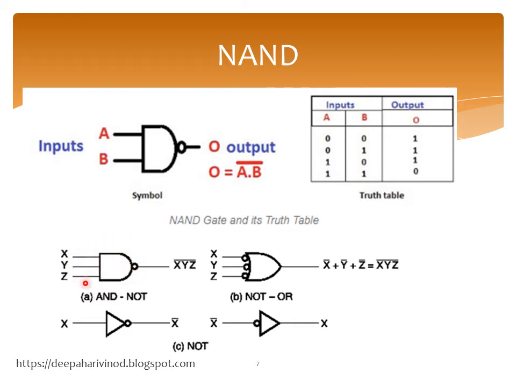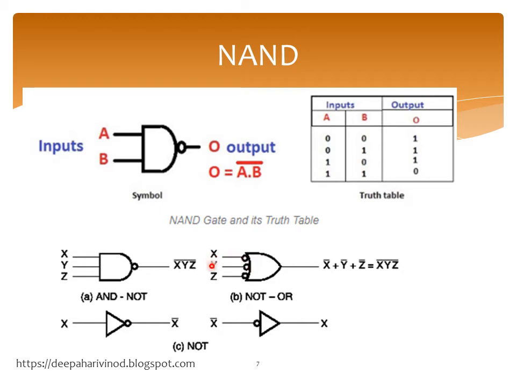And this is the symbol for the 3 input NAND gate. The output will be (x.y.z) whole bar. And the same NAND gate can be represented as a bubbled OR gate.